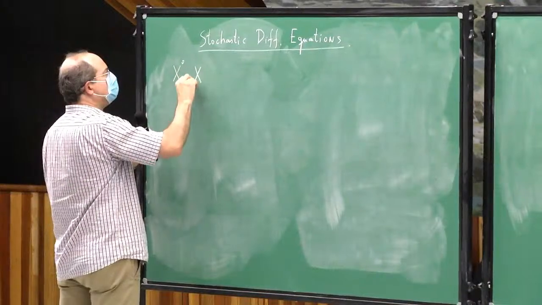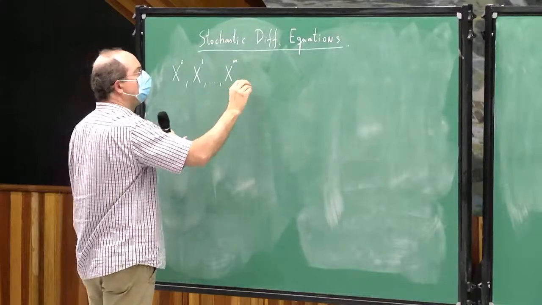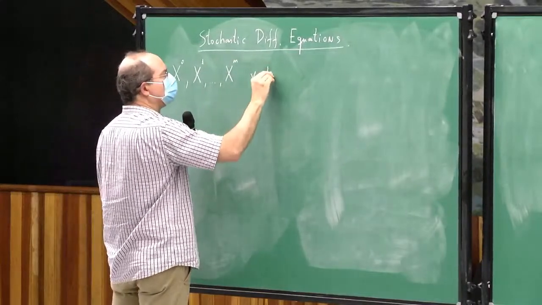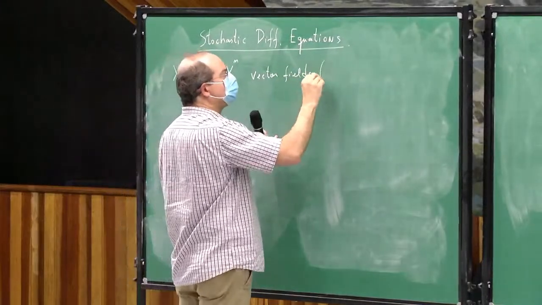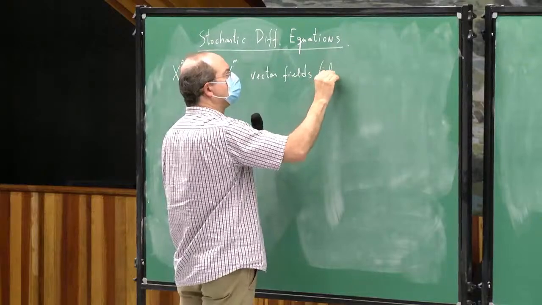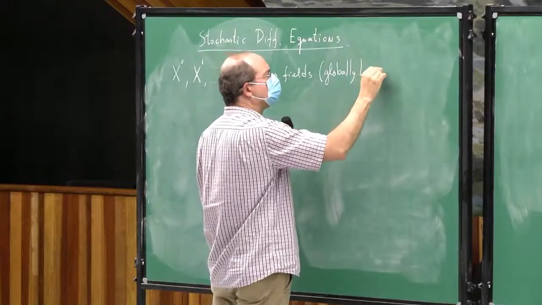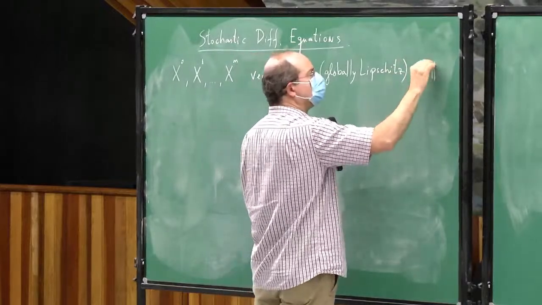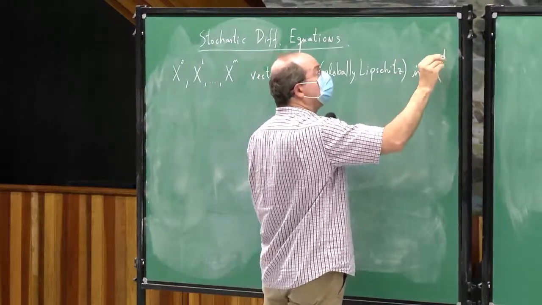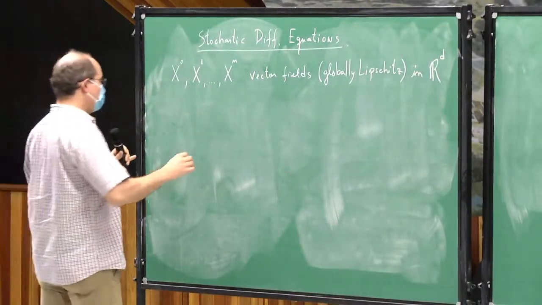I am going to assume that we have a sequence X_n of vector fields, which I am going to assume are globally Lipschitz on R^d. And we have the following equation: